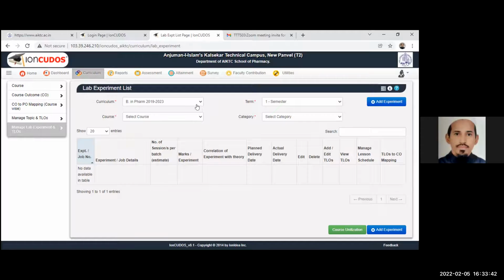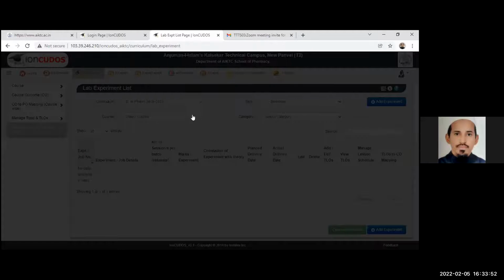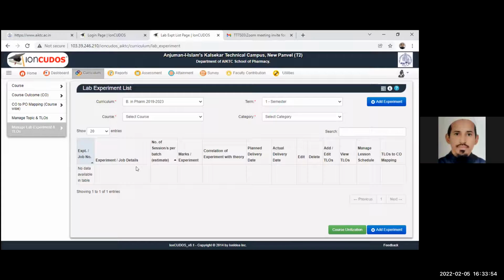So what you can do, you can add the batch here, curriculum, then select the semester, course and category. Then you will be able to add it. You have to select all these tabs and then you will be able to add the experiment, detail, marks and all.